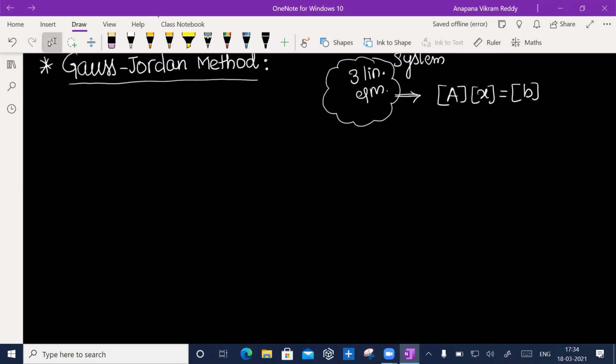Now in the elimination method, what we have done, we converted this coefficient matrix to what? Upper triangular matrix. But in the Gauss-Jordan method, you have to convert this to a diagonal matrix. That's the only goal. When you have a diagonal matrix, what benefit do you have here? I need not go for backward substitution again, all these things. Yes or no? When you have a diagonal matrix, you can find out the answers directly. All right? Yes, sir. That's it. And that's the beauty of the Gauss-Jordan method.